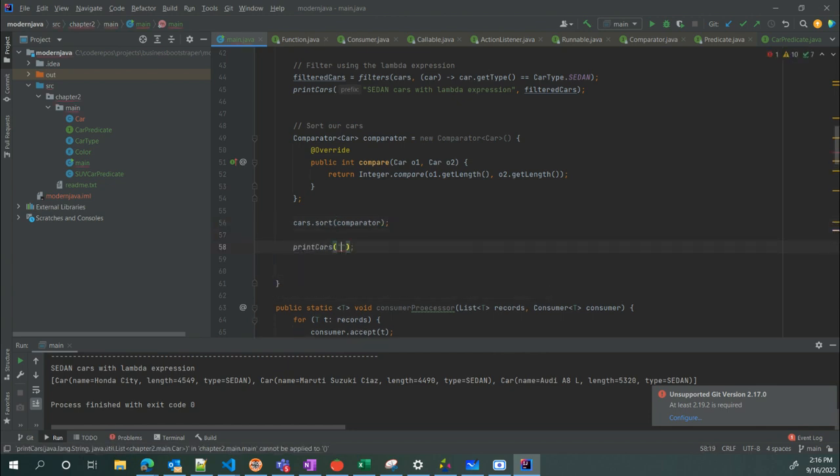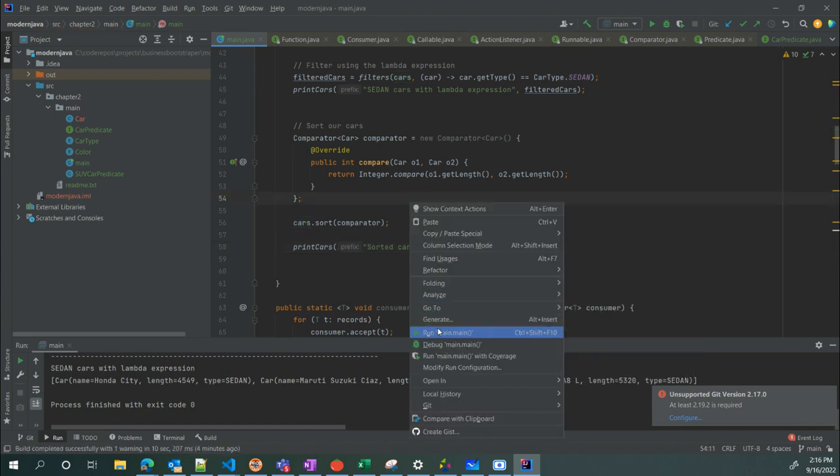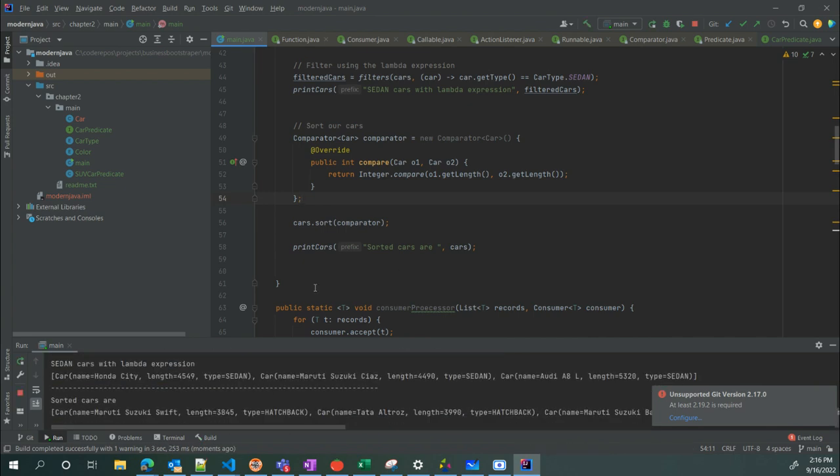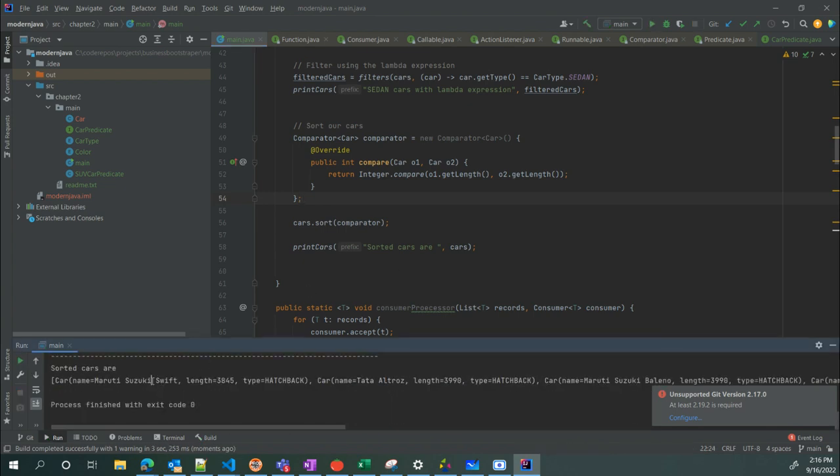You probably want to print the cars. Sorted cars are, and now pass all your cars. So definitely this method is doing well. It is going to sort the cars for you. So the sorted cars are Maruti Suzuki Swift, which is the smallest car we have, then the Altrus, then Baleno, and we continue going on through the sorted list. But